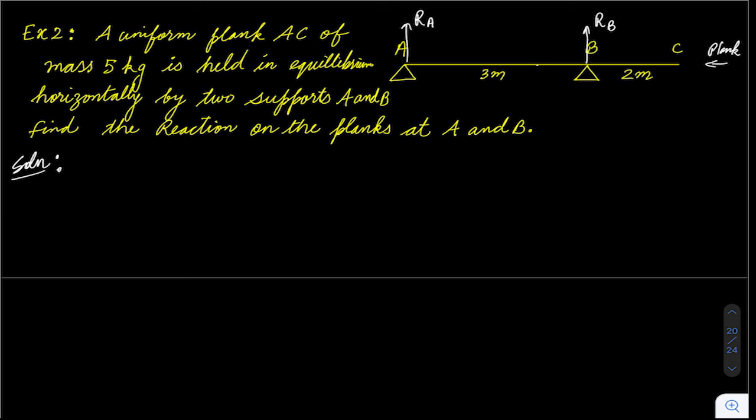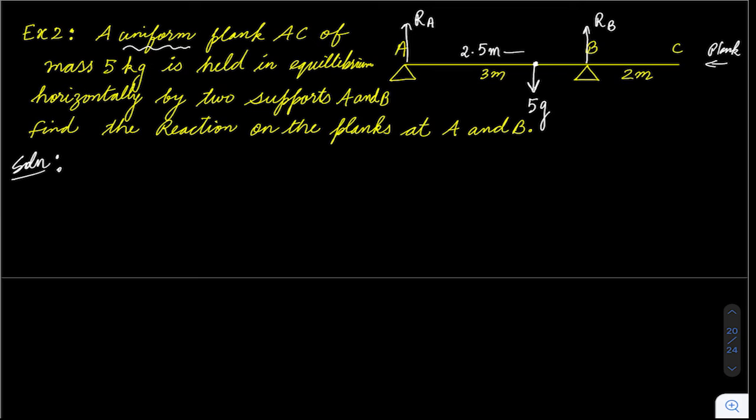Now this is important, and it might be a little new for you. It's given that the plank is uniform. So uniform means we can assume that the 5 kg mass is acting at this point. This point will be exactly in the middle, and it is known as the center of mass. Basically we can consider all the mass to be at this center, because it's a uniform plank. This is important. So this distance will be 2.5 meters.